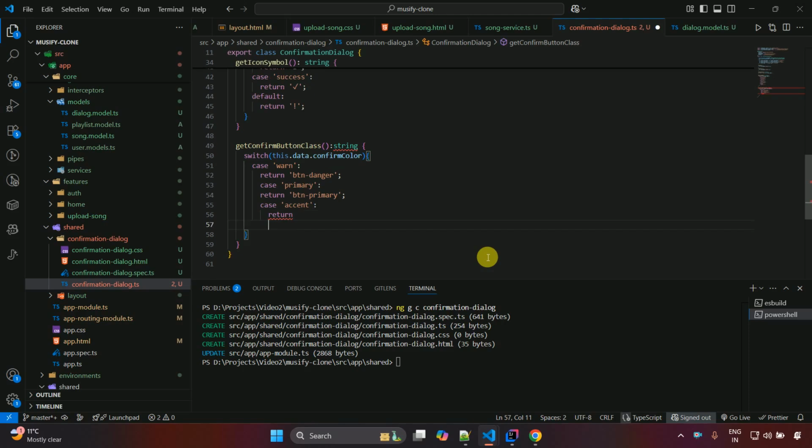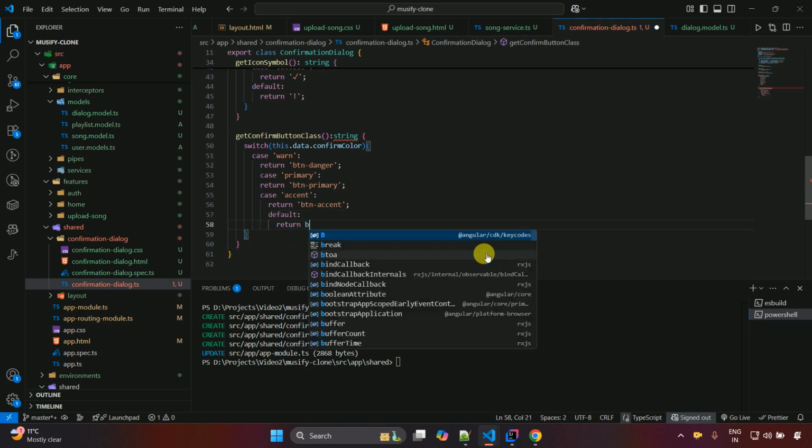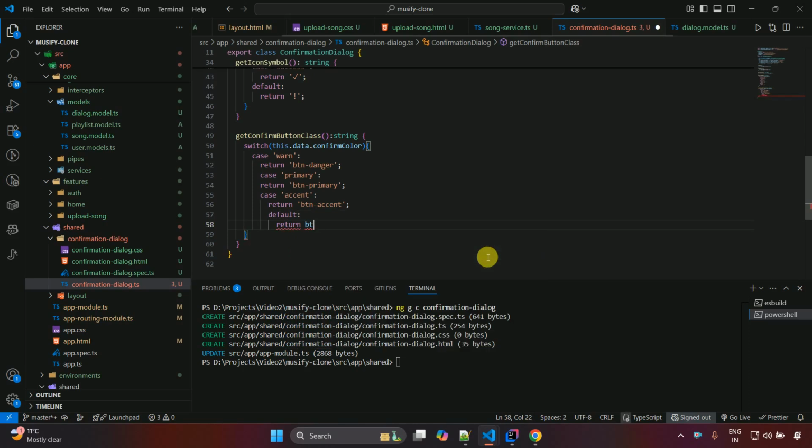So return, sorry, not this next line, return btn, and then put semicolon, and then default we have to return as a danger. So here default return btn, okay, it should be single quotes, so btn-danger, and put semicolon. Let me format this, and here you can see